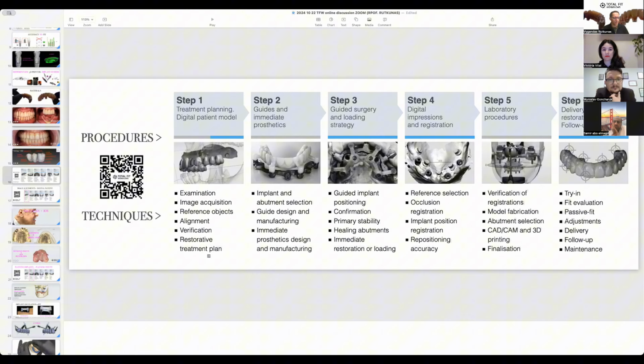But I have to say frankly that in my clinical practice, I'm not using a lot of these solutions now, so they still have to be integrated into clinical practice with more success.